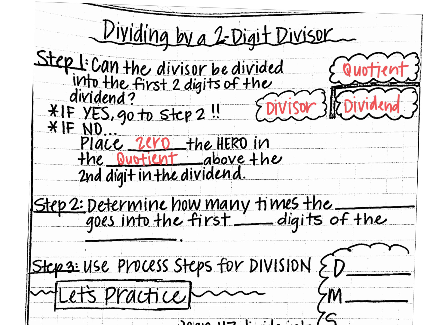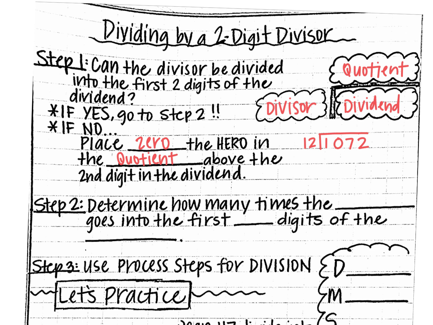So what does this look like? It would be like if I had, for example, a 12 in my divisor, and then I had 1, 0, 7, 2. Okay? So I know obviously 12 can't just go into one digit. That's why step 1 says, can the divisor be divided into the first 2 digits? No. It cannot. So if it was yes, I would go immediately down here to step 2, but because my answer is no to that first step question, I have to put 0, the hero, above the second digit in my